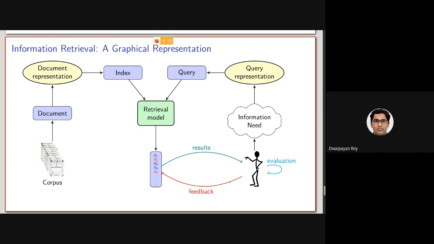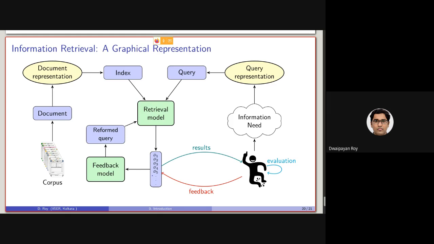The user has given this feedback. Now, using this feedback, the information retrieval system can employ a feedback model using which they can create a reformed query, and using which another retrieval is expected to give us a better set of documents. Again, the expectation will be that it will be satisfying the information need of the user.